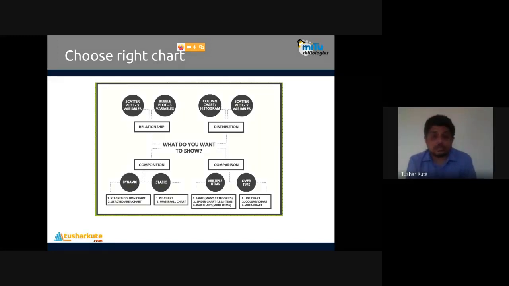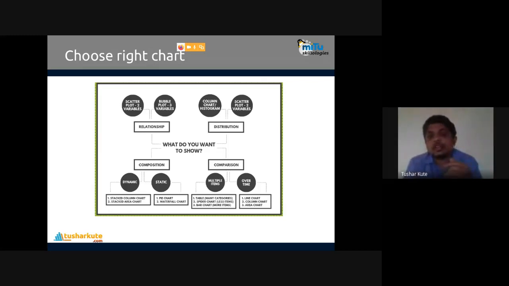Okay. If you want to show composition of multiple variables at a time, in static composition we can have a pie chart or waterfall chart. I'll show you the meaning of it and how we use it, if you don't know the idea of a waterfall chart. Dynamic composition is like a stacked column chart, or stacked bar chart as we call it, and a stacked area chart, where they are above each other. So depending upon your requirement in the dashboard, we can choose the respective type of chart, so the information that we want to convey in the dashboard will be conveyed easily and effectively.